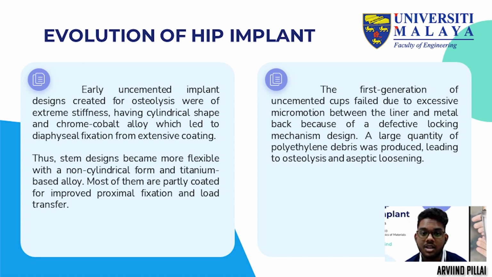So next would be the early uncemented implant designs created for osteolysis, but actually of extreme stiffness, having cylindrical shape and chrome cobalt alloy, which led to diaphyseal fixation from extensive coating. As a result of stress shielding, a significant rate of mid-thigh discomfort and proximal bone loss was found. So stem designs became more flexible with a non-cylindrical form and titanium-based alloy. Most of them are partly coated for improved proximal fixation and load transfer. This was actually also to prevent intraoperative femoral